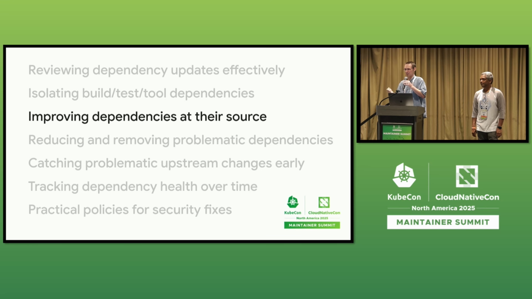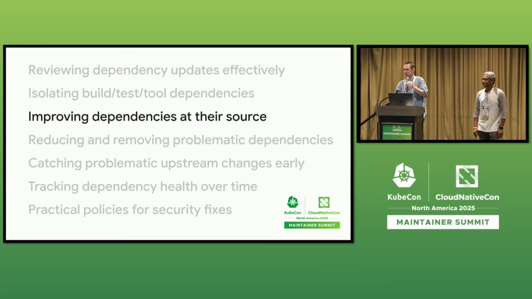Sometimes it's as simple as going upstream and saying, hey, you added a test that pulls in this crazy thing and it's coming down to us as a dependency. This is really difficult. Could you remove it or isolate it? Sometimes it's as simple as asking. Sometimes they will be amenable, pull requests welcome. If you will go do the work, they will accept it.